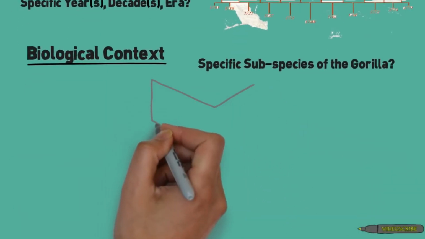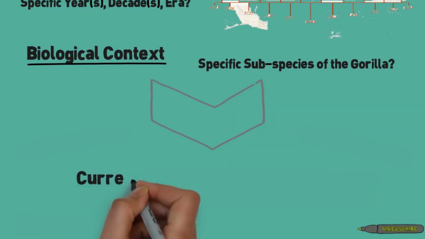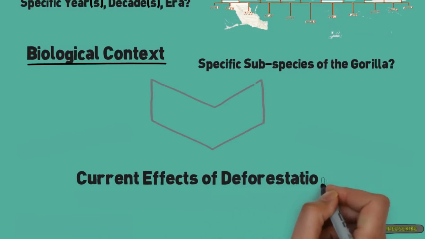So when you combine all 3 contexts and incorporate them into the original topic, this is what we get. Something like current